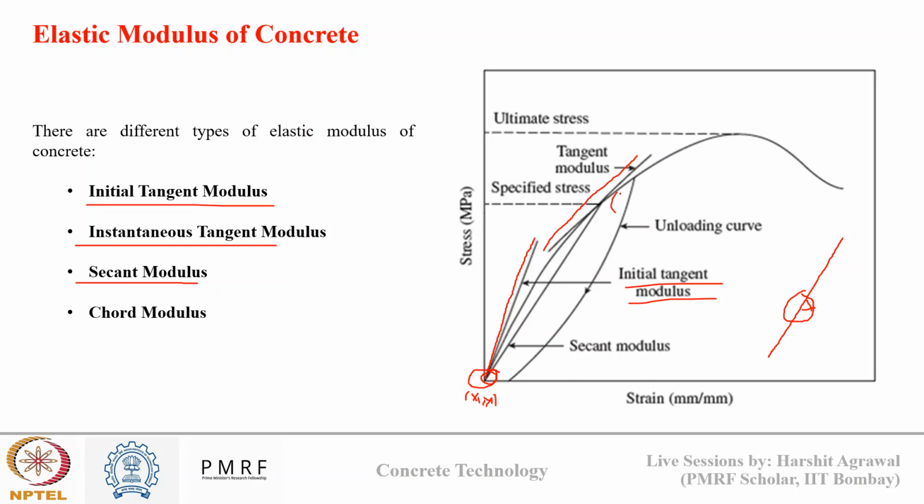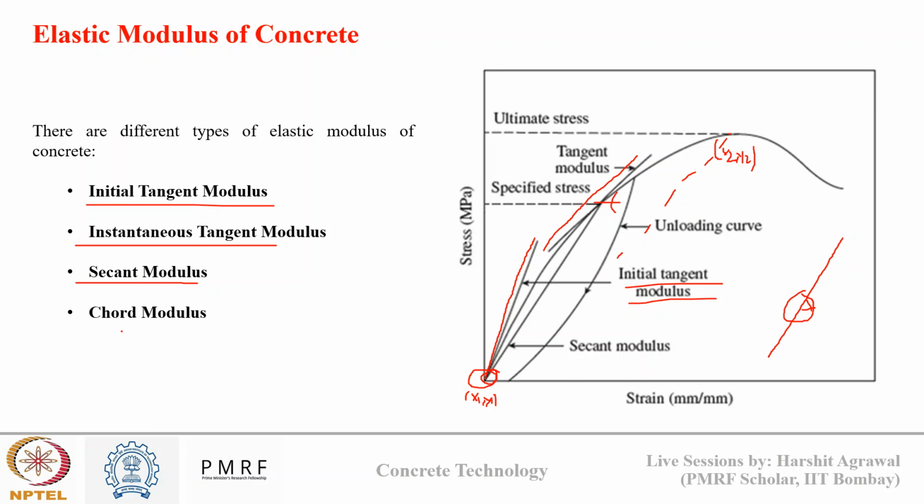Suppose this is my elastic limit, till Pu, till here. So this is my x2, y2. The line joining these 2 points I will use to determine the modulus of elasticity, and that is known as secant modulus. And the last one is known as chord modulus, which is similar to secant modulus,